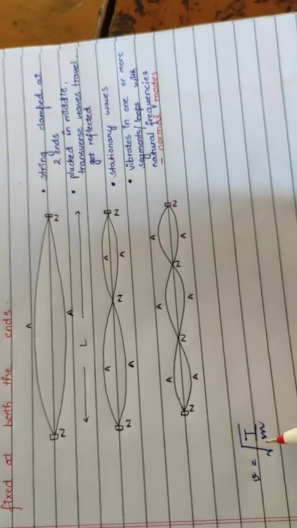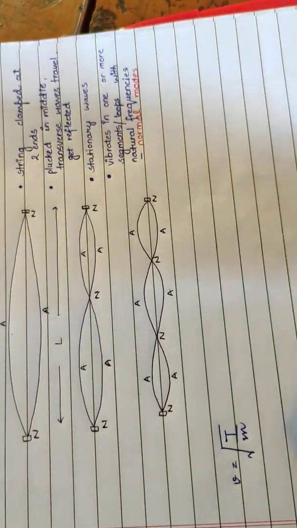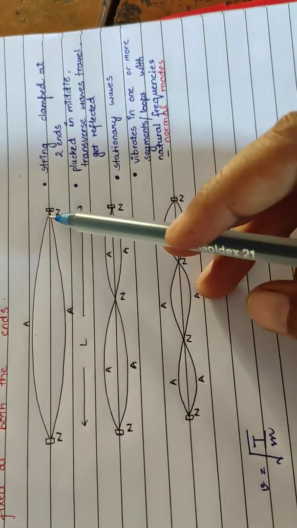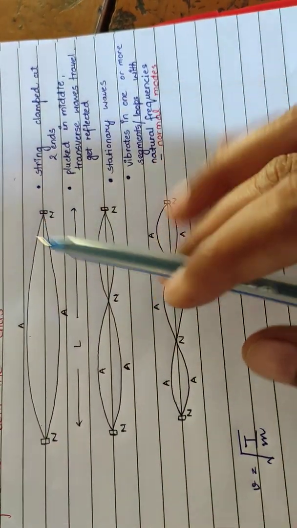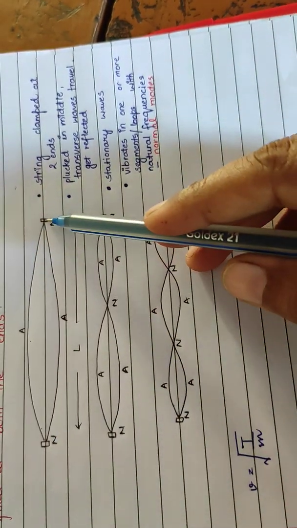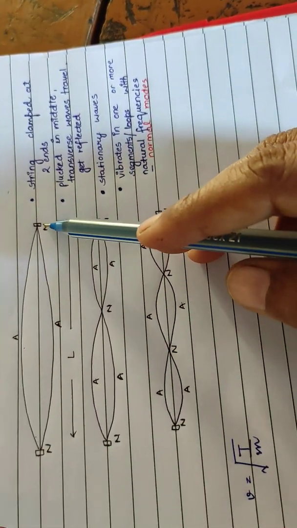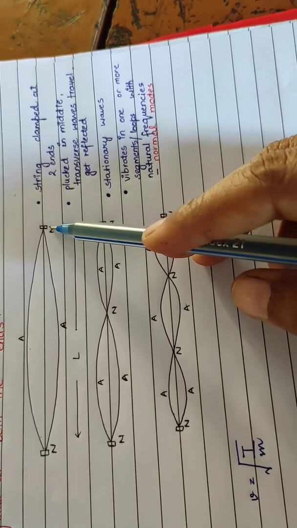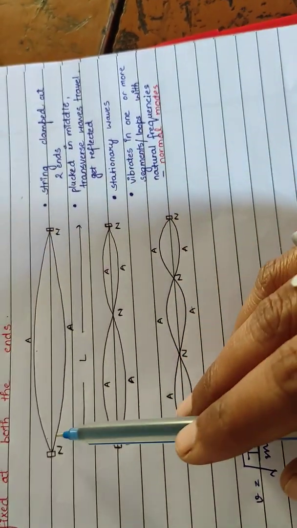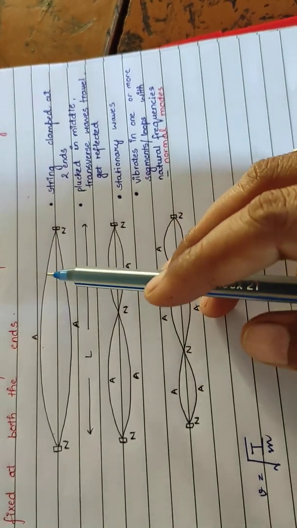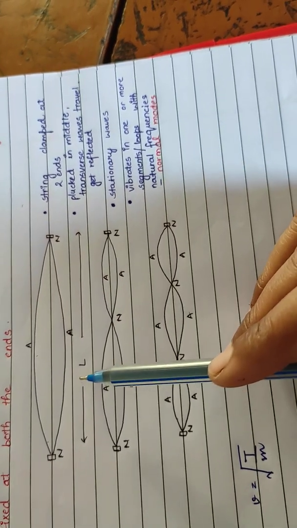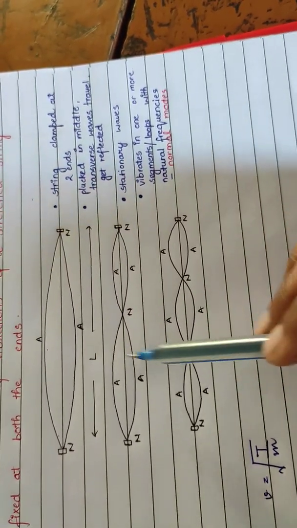Then what will be the speed of transverse wave on the string? It will be v equals under root T by m. Now as the two ends of this string are fixed, they will remain at rest. So we know that at these two ends the displacement is zero, that is why these two ends will be considered as nodes, and that is why I have labeled them as capital N, which represents nodes at each end of this plucked string. Now the different modes of vibration of a stretched string can be shown in these diagrams.